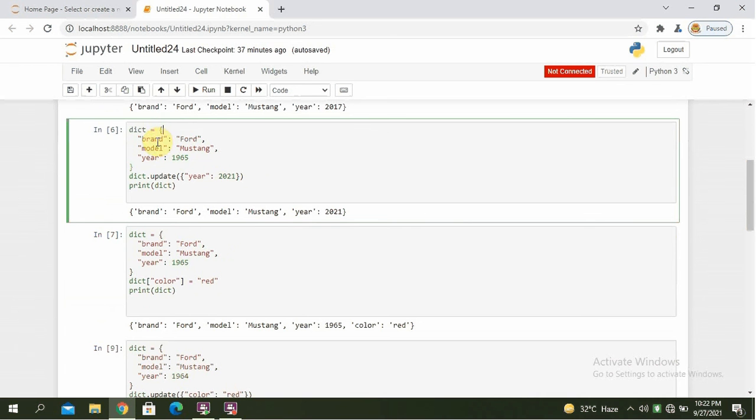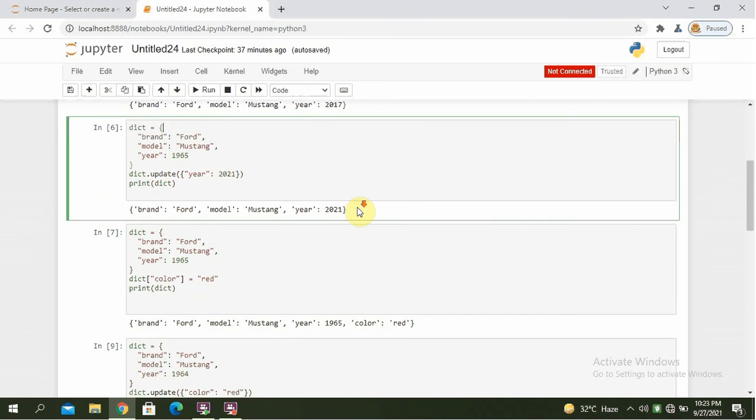Dictionary equals, these are the keys, these are the values. Dictionary dot update, curly braces, year colon 2021. Print dictionary. Run it and the output will be brand colon Ford, model colon Mustang, year colon 2021. Here we updated the year of the car by using the update method.